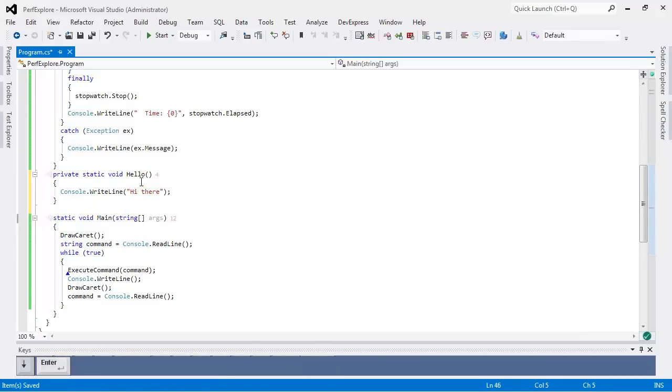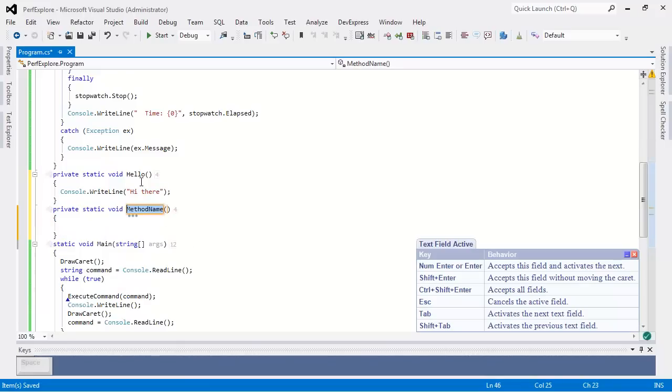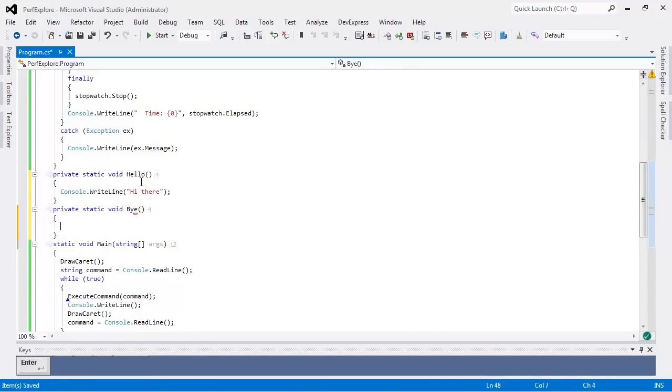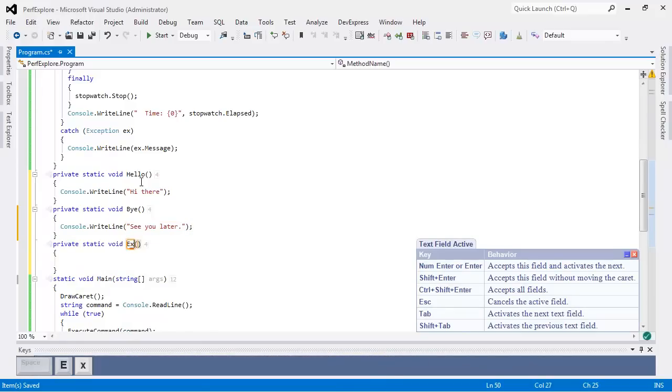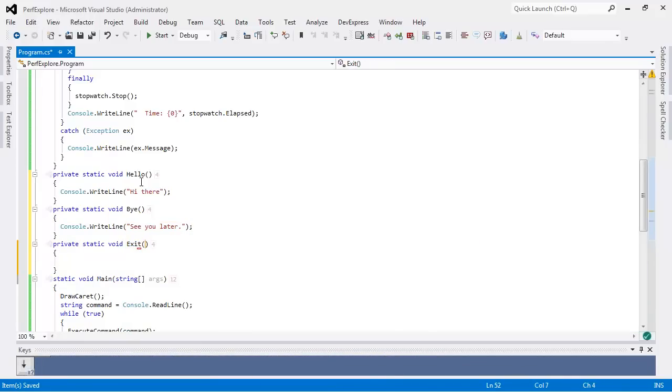And then we'll have another static method called bye, and we'll do a Console.WriteLine, "See you later," like that. And maybe I'll have one more, and I'll just call this exit so we can get out of here. And then we'll call Environment.Exit like that. And so if we run that, if I did all this correctly, we should be able